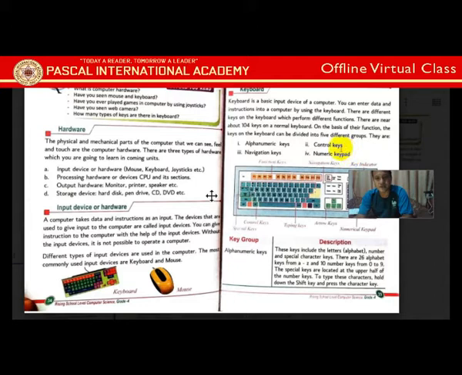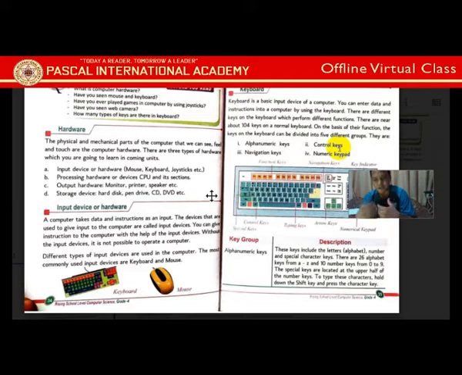Okay, can you see that in the picture? So this means that the keyboard is a basic and the most important input device of a computer, and it does what? Entering data and instruction in the computer so that the computer can process it. Normally a keyboard has different types of keys which function differently, and in a normal keyboard there are 104 keys.